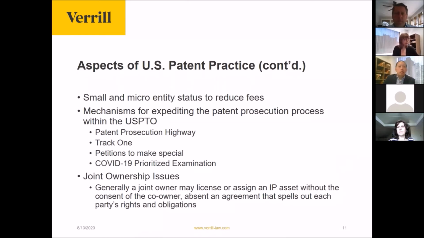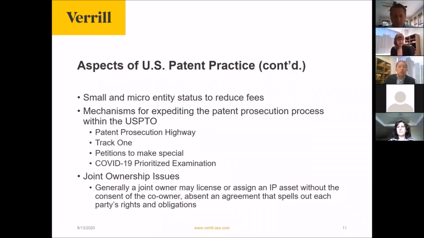There's sort of a flip side to joint ownership, and that's if a patent is issued with a claim that might require two or more parties to actually infringe the claim, then you might have an issue showing infringement if, say, one step of a method needs to be performed in, or is performed in, a foreign country, say, by a third party. It can be very hard to show infringement in that case.